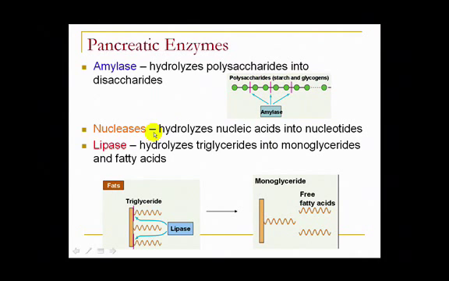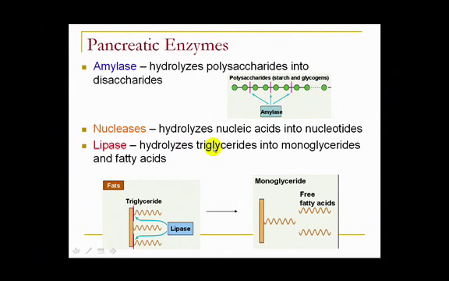You also, if you're eating any animal or plant product, which hopefully most of our food is, if you're taking in cells, either plant or animal, they're going to have DNA and RNA, or nucleic acids. So you have an enzyme called nuclease, which hydrolyzes or breaks down the nucleic acids into their individual nucleotides, A's, G's, T's, and C's. And then you have lipase, which is going to chemically change